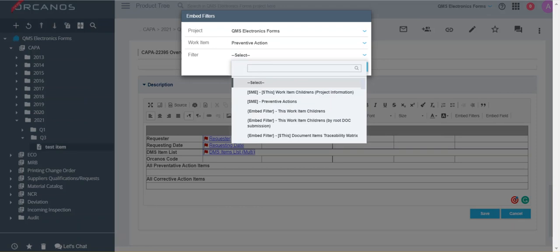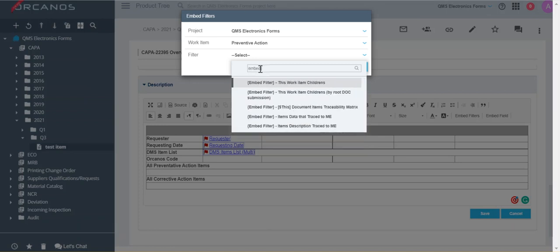This is another pro tip. In order to easily create filters and keep track of them, when creating a filter specifically for description layout, always give them the prefix embed filter. That way, by typing embed filter into the list of your filters, you'll be able to easily find the correct filters that will work with the right functionality for embedding into the